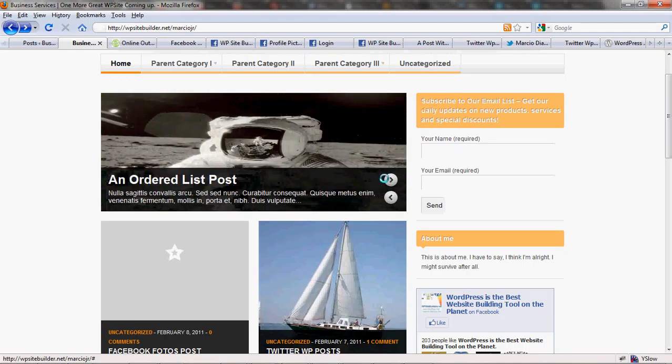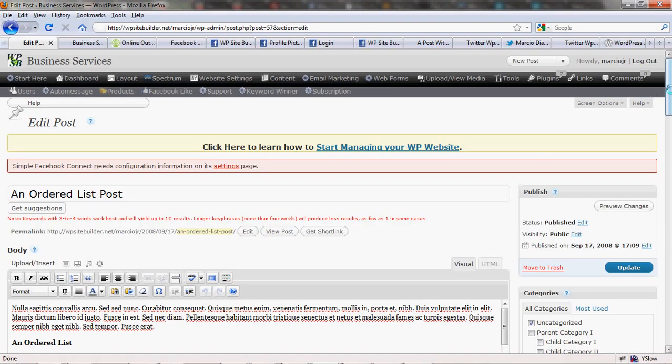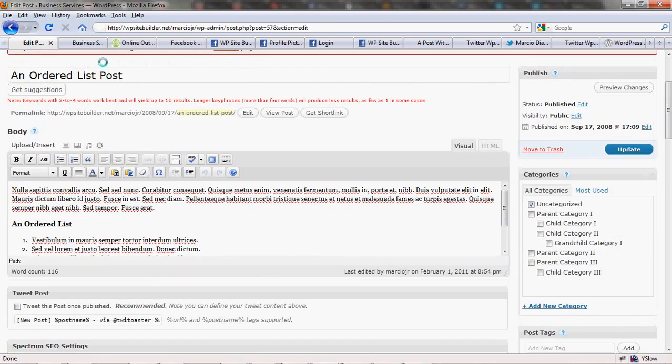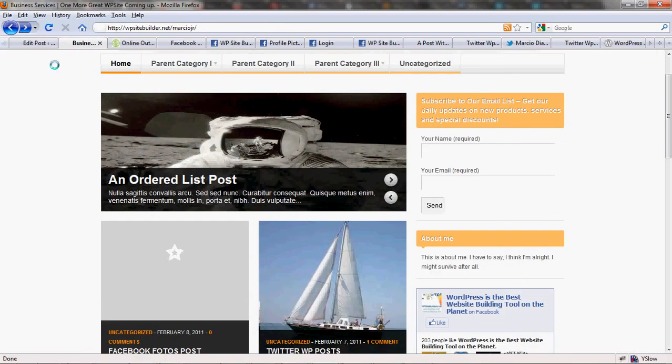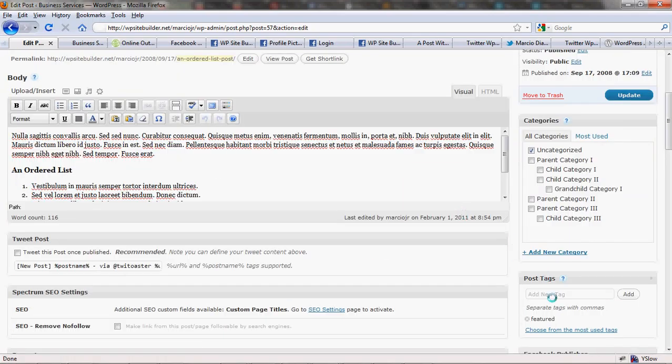I'm going to take this an ordered list post. An ordered list post is right here. And when I created this post, I added this tag called featured to this post, basically by entering the word featured. So I'm not going to enter it again, but that's all I needed to do for it to show up here. So if you want a different post to show here, you can remove this tag by deleting it,